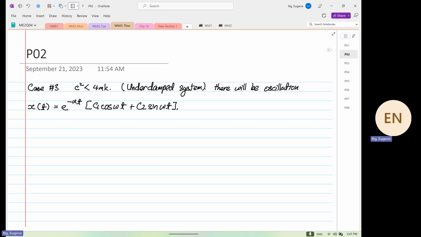Okay, so we know, given that the function is looking like this, before we go to case number 3, we reflect on alpha. Alpha is equal to c over 2m, right? And now beta will be equal to the square root of c squared minus 4mk divided by 2m. The problem comes with